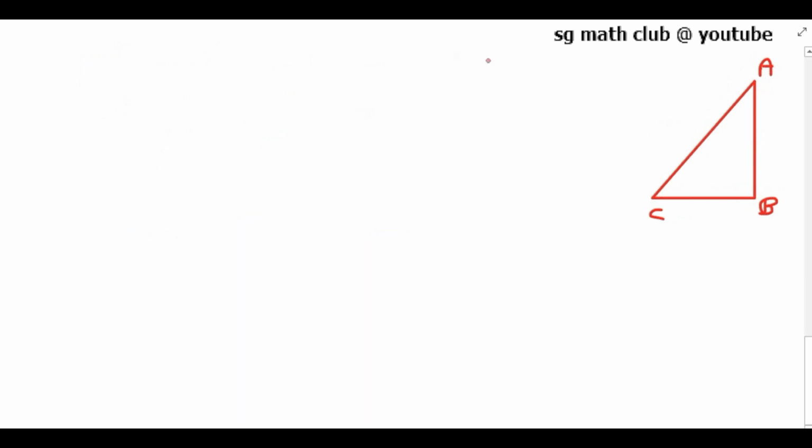So to prove the third trigonometric identity, again we are considering a right angle triangle ABC, right angled at B. By Pythagoras relation, I can write AB square plus BC square is equal to AC square. For the first one, we have divided throughout with AC. To get the second trigonometric identity, we have divided throughout with AB. Now to get the third trigonometric identity, we are going to divide this equation throughout with BC.